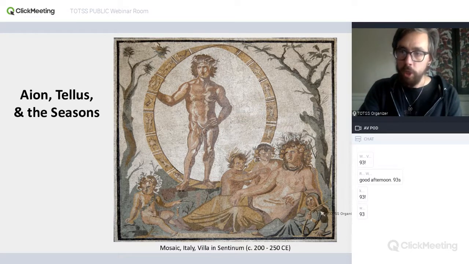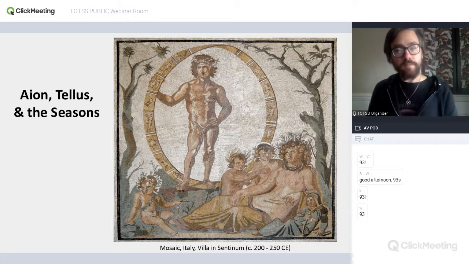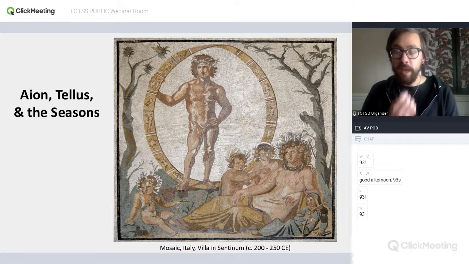And then the one in the cloak there, that's winter. So we have the earth and the symbols of the 4 seasons. And we already talked about how the signs of the zodiac are related to the seasons in our last class. And then we also have Aeon standing there holding the zodiac wheel. And so we have images of time here.